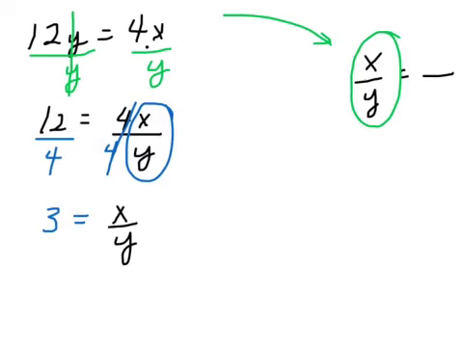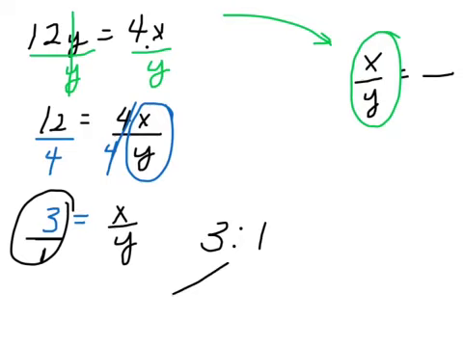Now, they're really wanting you to express it as a proportion if you think about it. So probably what you should do is put 3 over 1. They may just say it's 3, but I'm betting they're going to write 3 over 1. 3 colon 1. So they're doing this 3 colon 1 is another way of writing that same thing. So this is the ratio of the x to the y. They're saying that